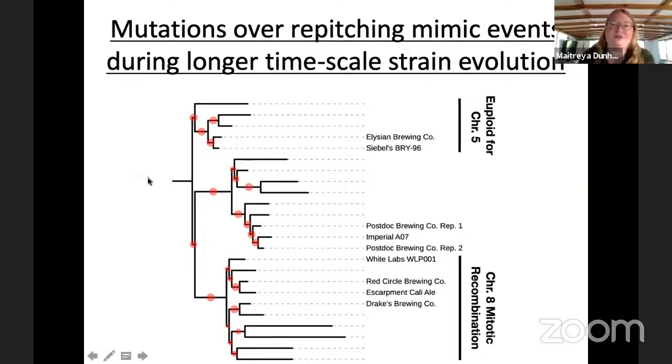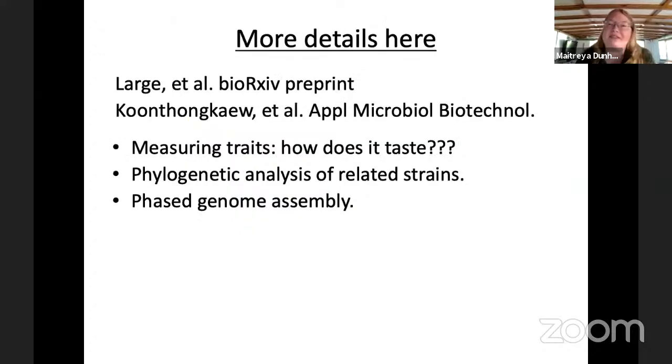Also, of course, this is just a tiny part of the beer diversity tree that's focused on the American ale strains, but there's a bunch of strains out there, all with different characteristics. In the interest of time, I'm not going to go through all of the results in the paper, but I just want to send you to the preprint, and I'd love to hear comments on it if any of you read it.